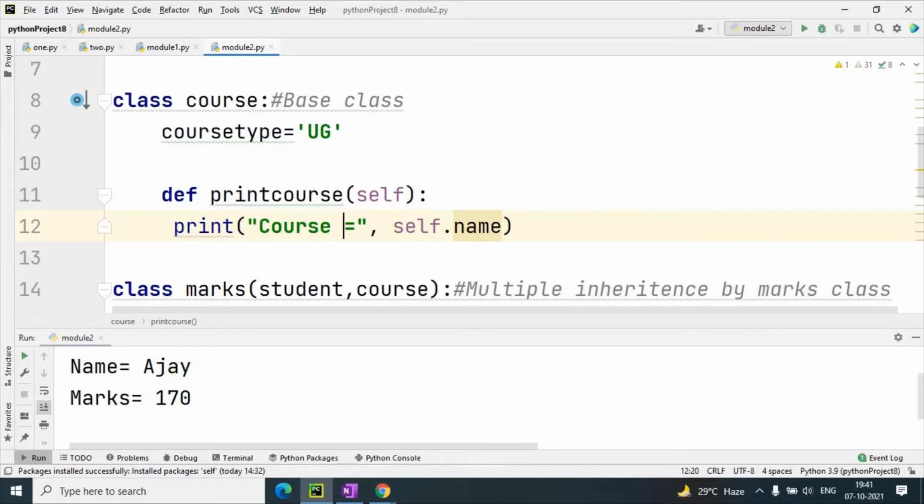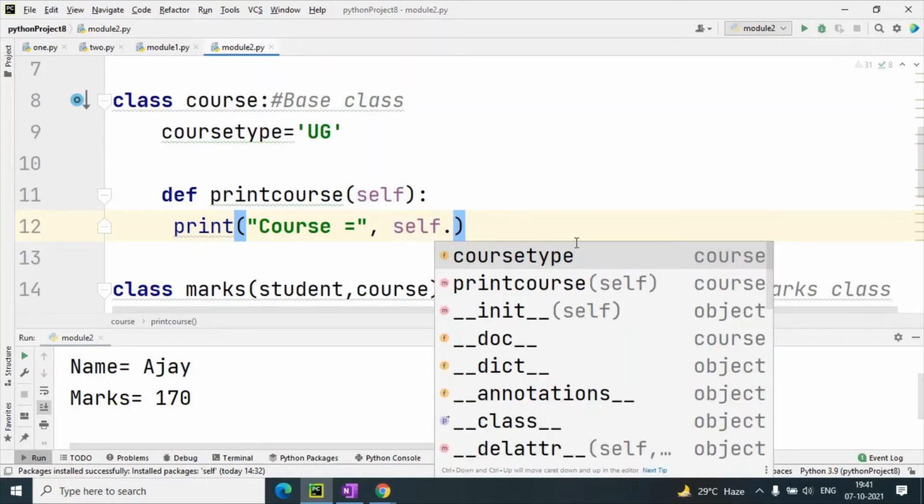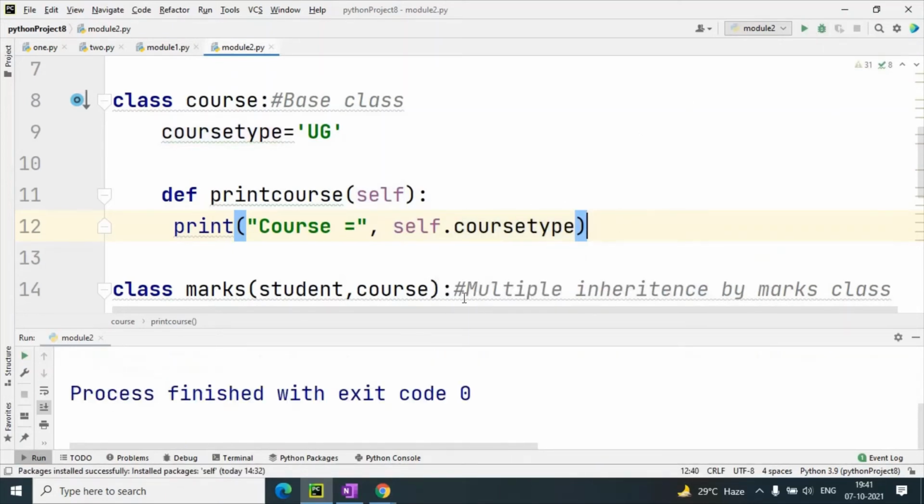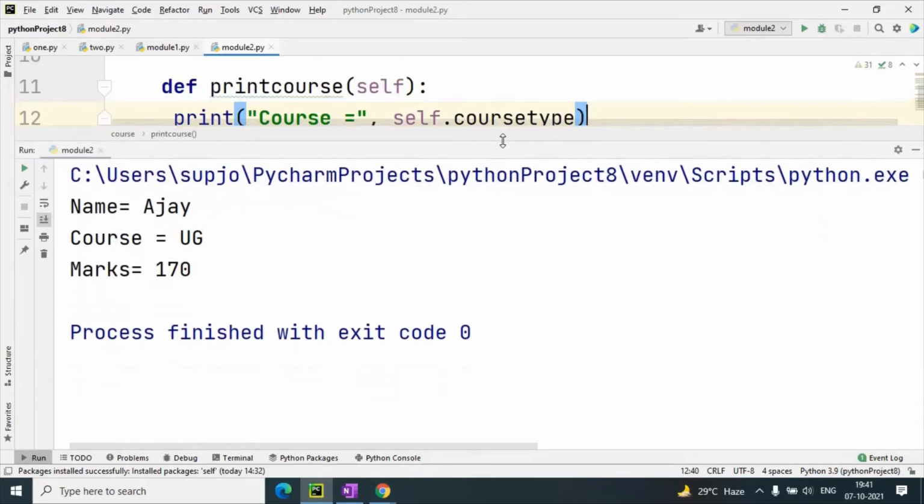Course equals to self dot course type, we have to write there. So when I will execute this, you can see finally the output name Ajay